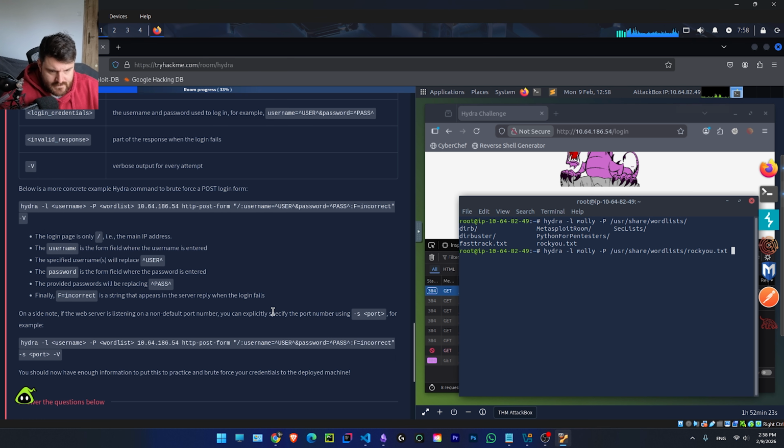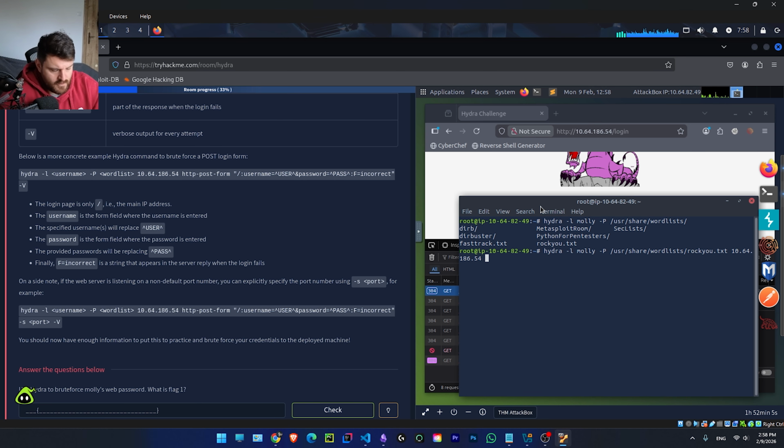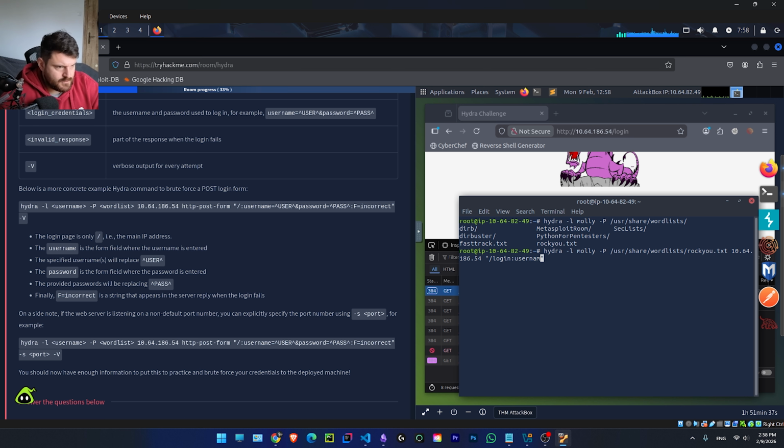rocku.txt. Then we provide the IP. This is what we want to use basically. 54. Inside double quotes, we go like this. It's login. Username will be Molly, and the password will be taken from rocku.txt,